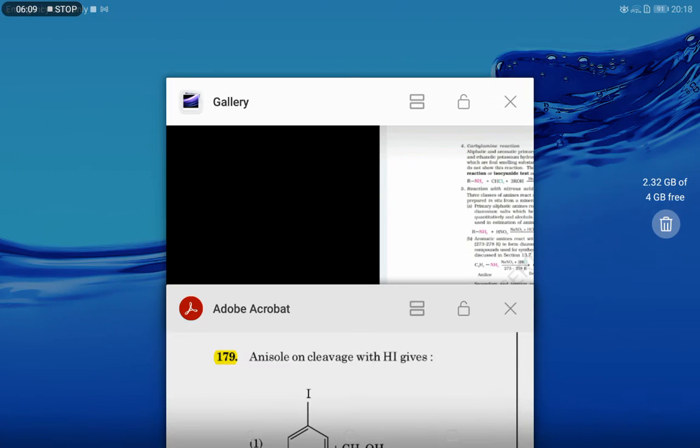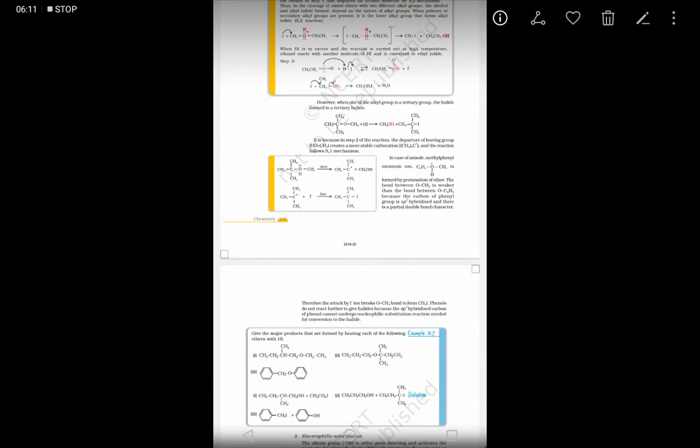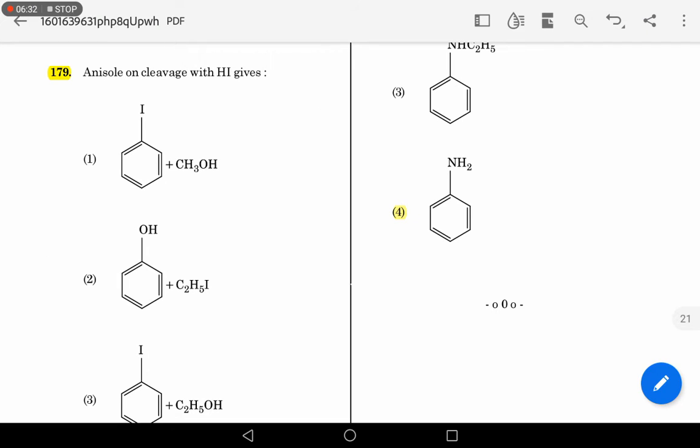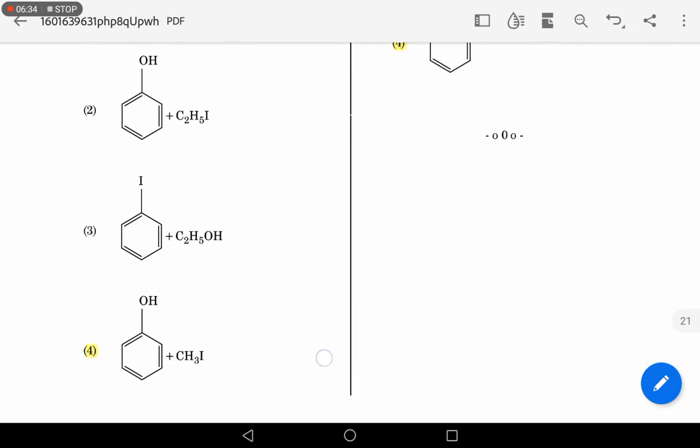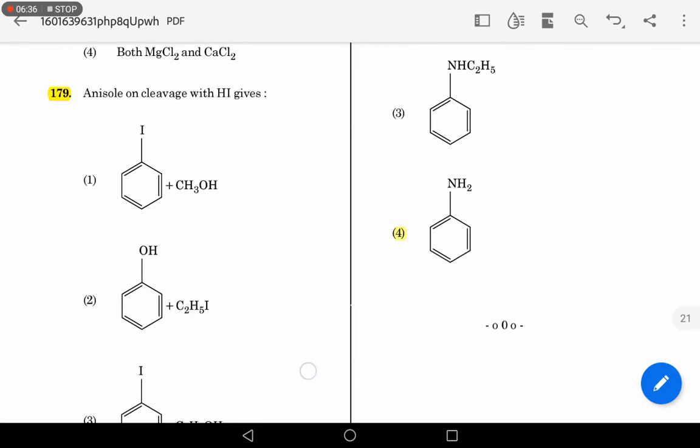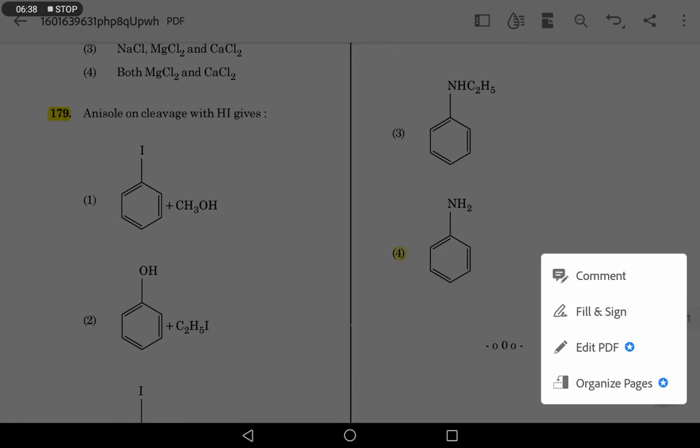And anisole on cleavage with HI gives. So usually anisole on cleavage with HI. This is a big mechanism which could be made simpler. In our subsequent videos, you could expect a major concept behind this with clear-cut concept explanation. For now, whenever anisole cleaves, the phenol is going to be an important product and the remaining will form an iodide. So anisole has a formula,